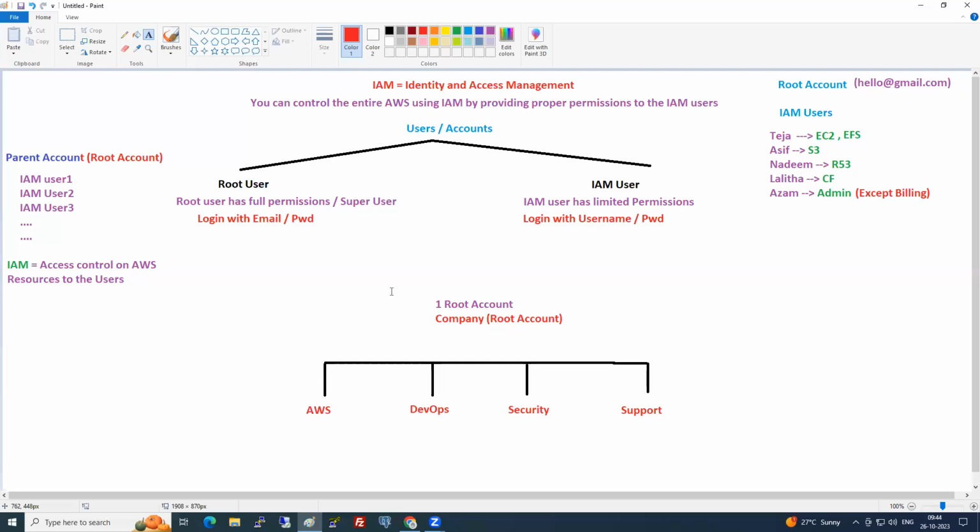So as a CFO, Chief Financial Officer, right? I'll be having my main account. Now, let's say these 4 departments are there: AWS, DevOps, security, support. They are the managers now. Teja has how many users? 200. This girl has 200, 200, 200. Now I am the main guy. Now what I do is, instead of creating 1,000 IAM users in my root account,